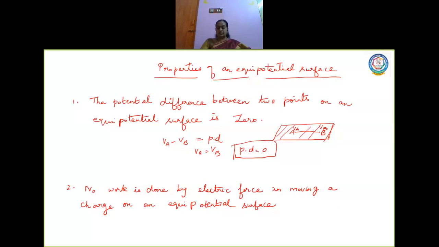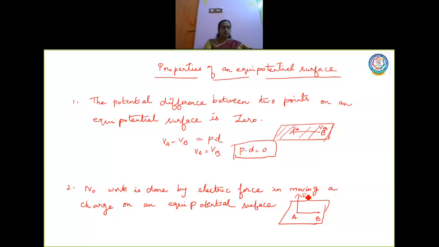So what does this mean? Whenever we talk about a surface which is equipotential, suppose for example, let me consider once again a small area. Now, I am going to consider two points once again here, point A and point B, and let me connect these two points. Now, what about the direction of the electric field at this point? Let us consider the direction of electric field to be normal. We are going to discuss this also. The electric field is always normal to the equipotential surface.